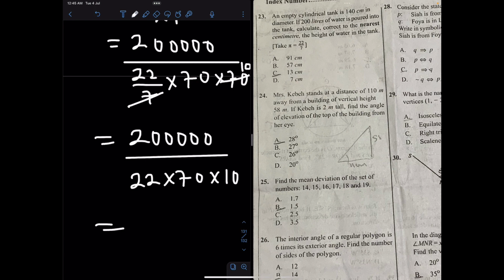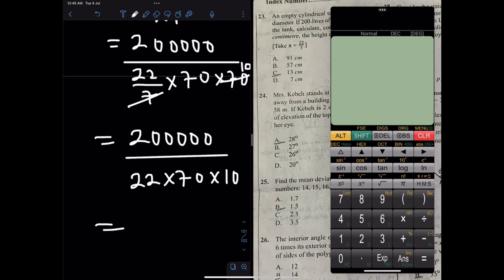Let's do that quickly on the calculator: 200,000 divided by 22 divided by 70 divided by 10, and that's